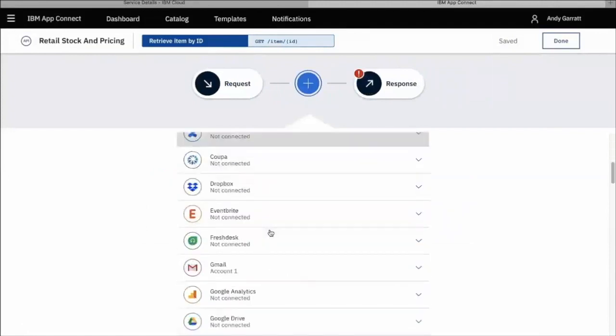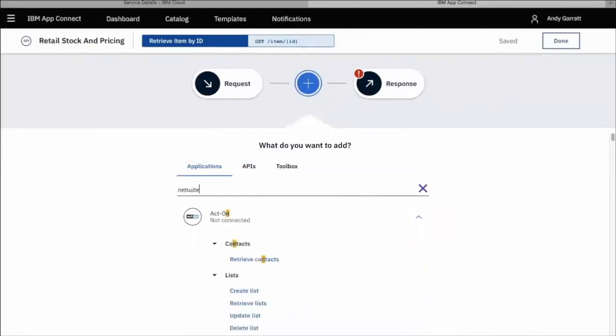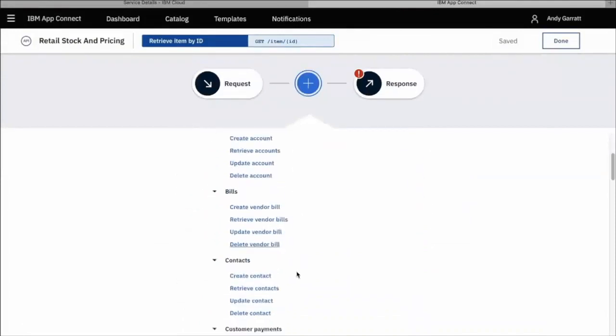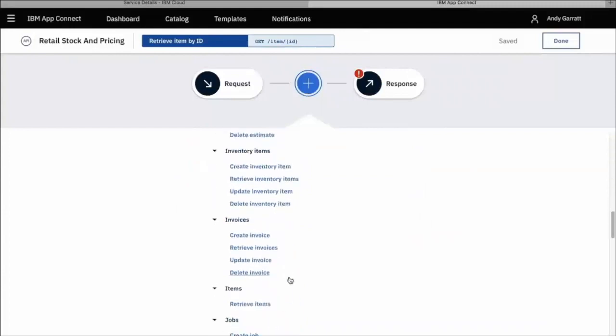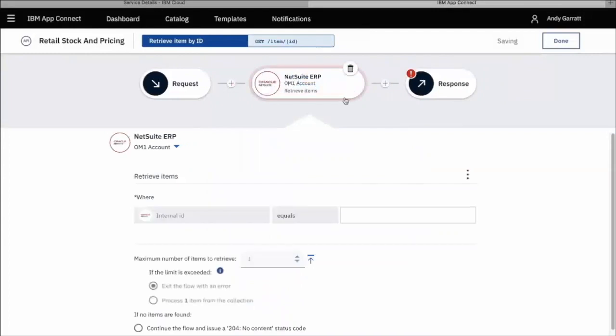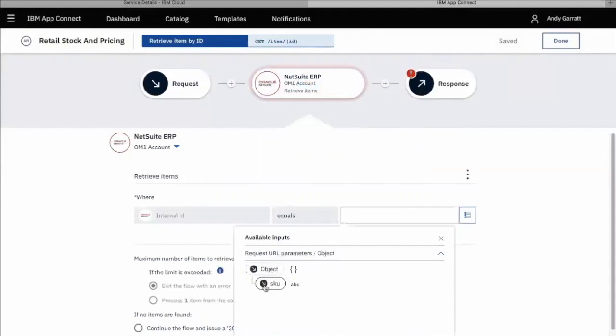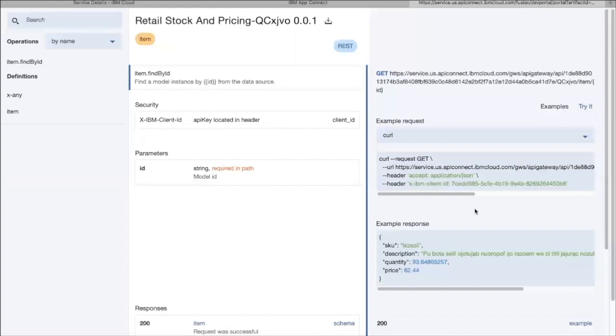In this case, I've got in NetSuite all of my details around my inventory and my SKUs. And so I'm going to search for NetSuite. And these are pre-built connectors that already understand the backends that I'm retrieving data from. So here you'll note that it already has a set of defined things that I can retrieve. I'm selecting retrieve items. And so that builds my initial integration into NetSuite. I can now provide for specifically what I want out of there and filter what objects, all of the different things that I need to get that going.